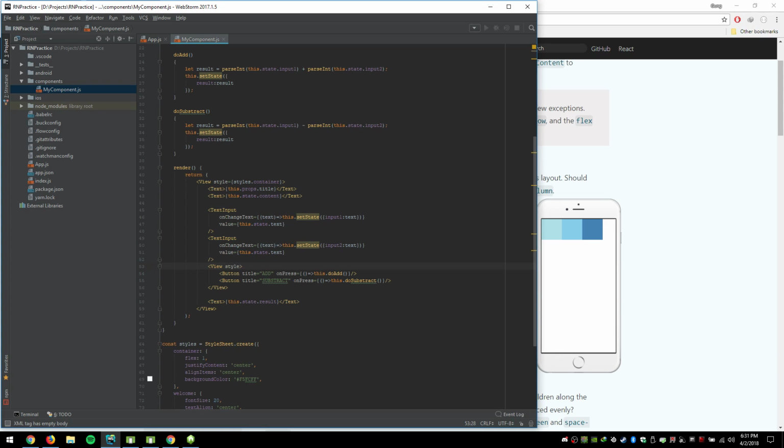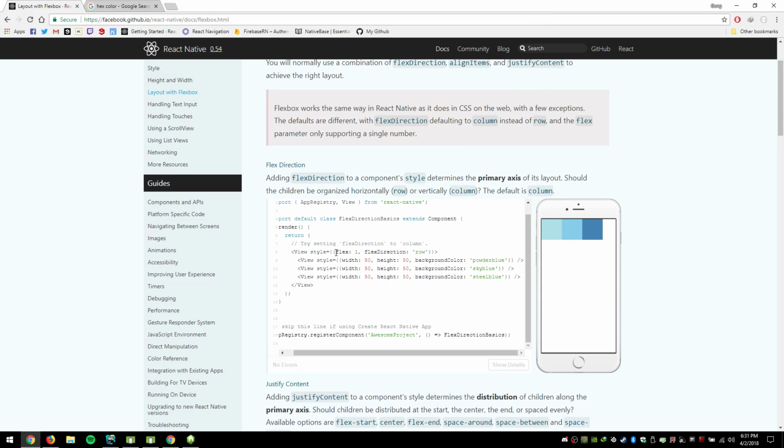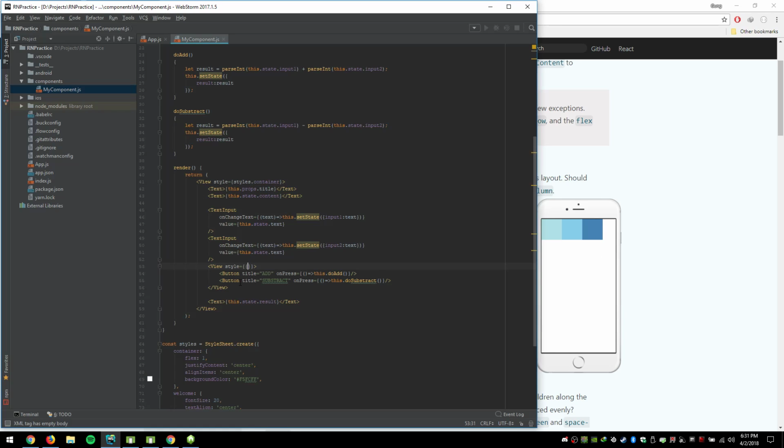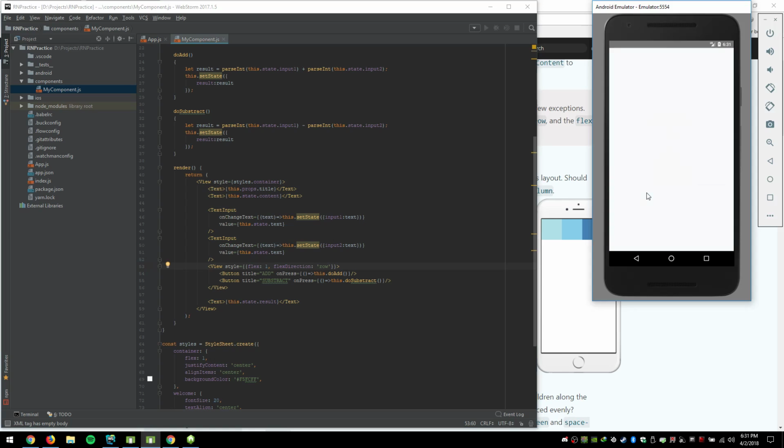So you have to make a style. What is it? Okay, flex direction row. Okay, let's copy paste this. Let's see what happened. Okay, so if you can see in here, this view is now covering all of this area because the flex is 1, so it's not good. So what you can do in here is now we can delete this flex and let, so you can see now it's in a row. Maybe, yeah, it's in a row,